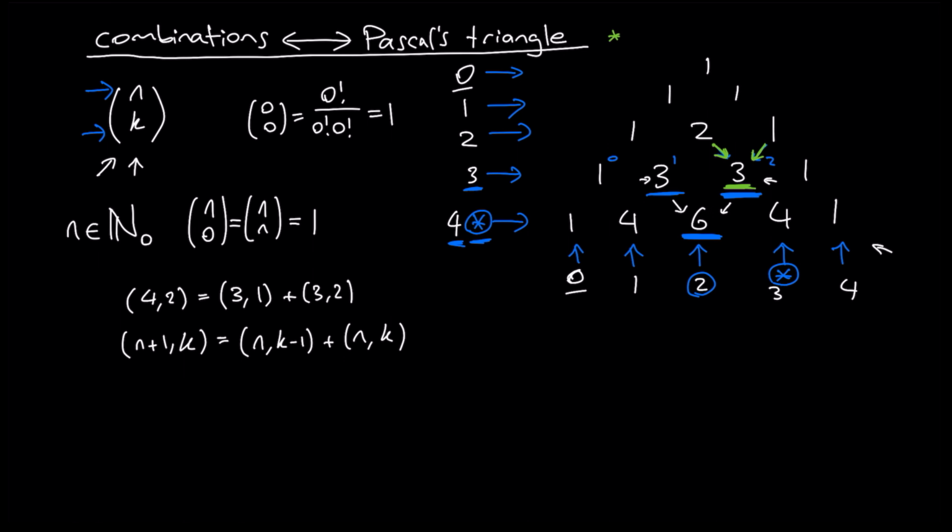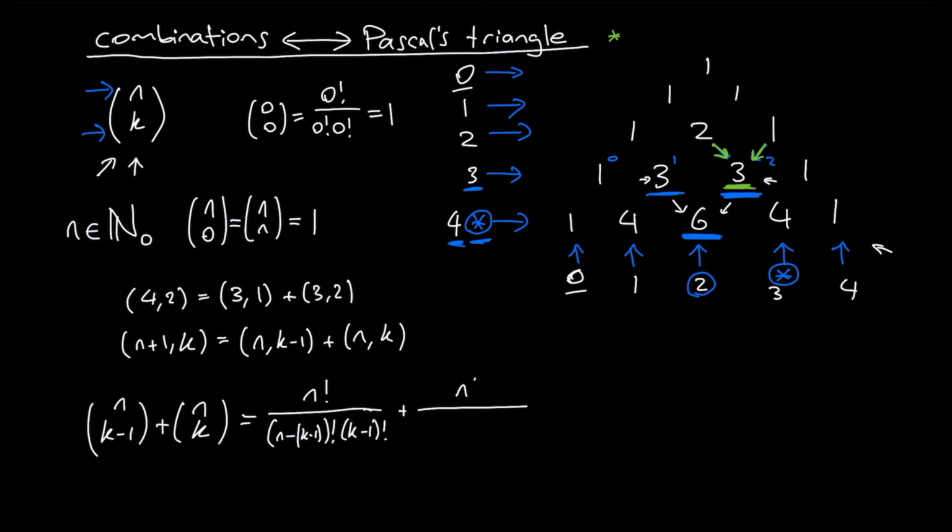And now what I want to show is that n choose k minus 1 plus n choose k. Well, let's just write that out and see what happens. We get n factorial over n minus k minus 1 factorial, k minus 1 factorial, plus n factorial over n minus k factorial